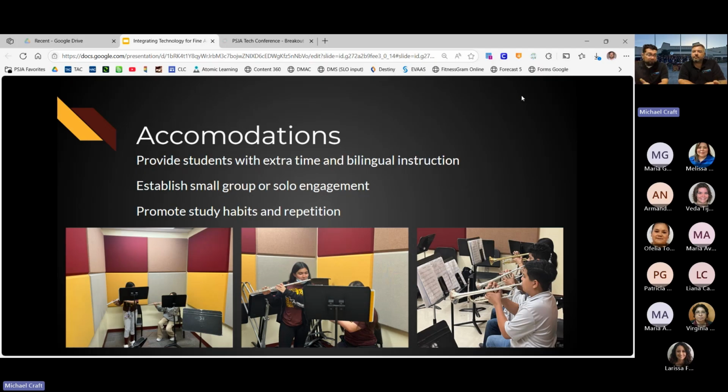And then accommodations as well. There's a range of tempos that we give the students. We say play this at quarter equals 60 up to quarter equals 120, whatever it may be. We give that accommodation. Some of it might be just play it note by note. It doesn't even need to be in time or anything. Just make sure you're playing the right pitches.